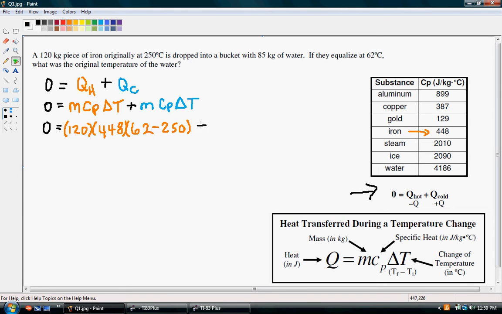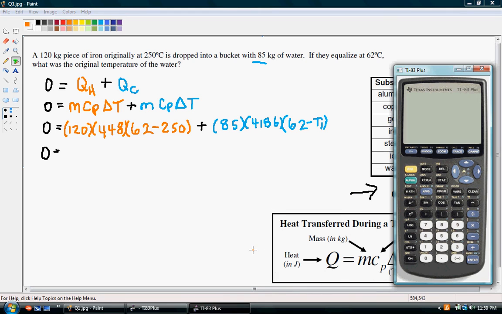Now, plus the mass of the water, which was 85 kilograms. The specific heat of water is 4,186. And the change of temperature: final we know to be 62, minus initial, which we do not know yet. Alright, so now we can solve. 0 equals